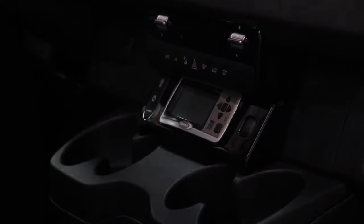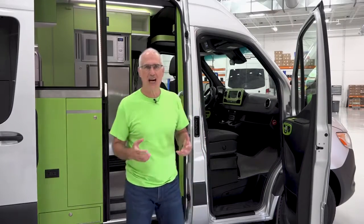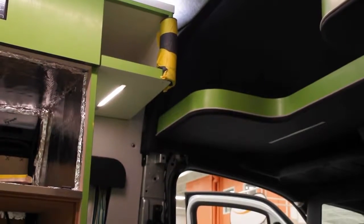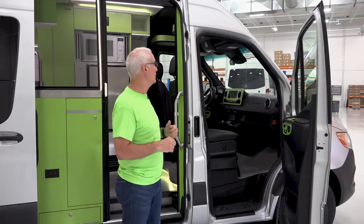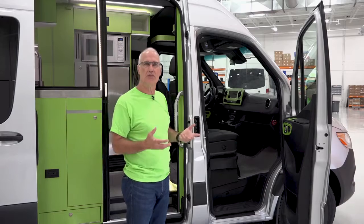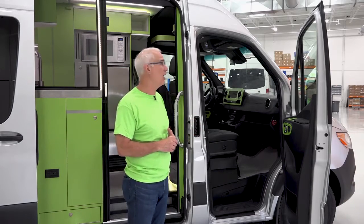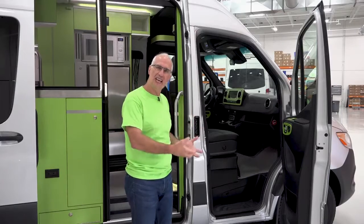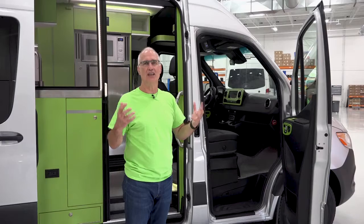of the Mercedes offering. We wanted to do a better job, a better looking and a better functioning overcab storage area. We wanted it to be soft on the bottom so that it would even take a little bit of noise, attenuate some of the minimal noise that we have in the cabin now. We wanted it to have a lip on top, as much storage as possible, but yet have room to get up and go to the back without banging your head. We wanted a soft corner on it, and we wanted it to be beautiful, and Alex did an awesome job